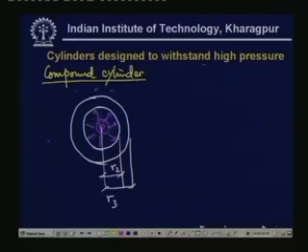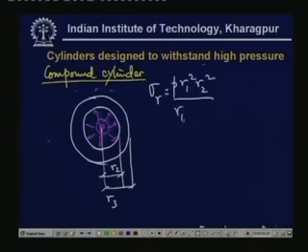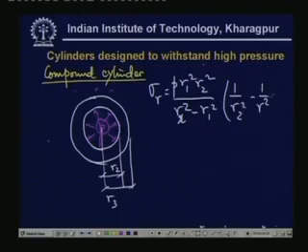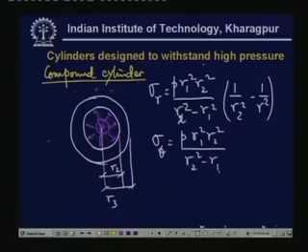Pressure from inside. So, now what will be the stress developed? The stress developed is well known, and that is from the thick cylinder formulations, that is sigma R is equal to P R1 square times R2 square divided by R2 minus R1 square times 1 by R2 square minus 1 by r square, and sigma theta is equal to P r1 square r2 square divided by r2 square minus r1 square times 1 upon r2 square